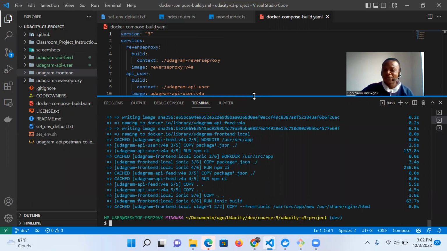All right, so that happened fine. No hitches. If I run docker images,